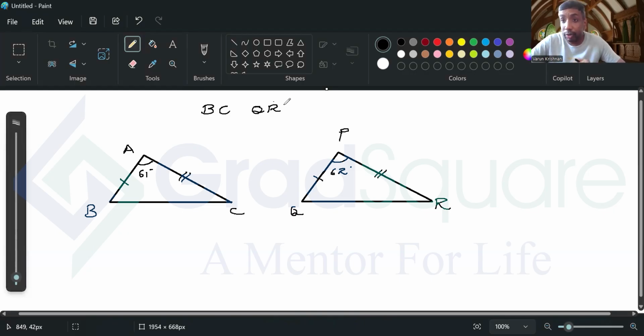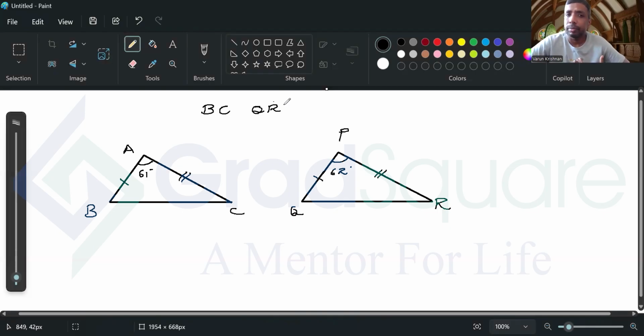So to solve this question, we can actually apply a very fundamental property in geometry. A very fundamental property of triangles, but it oftentimes doesn't strike students very quickly because that property we learn for a singular triangle, not while comparing the lengths of the sides of two different triangles. And the property that I'm talking about states that the side opposite to the greater angle will be greater than the side opposite to the lesser angle. So the side which is opposite to the greater angle will be greater in length than the side which is opposite